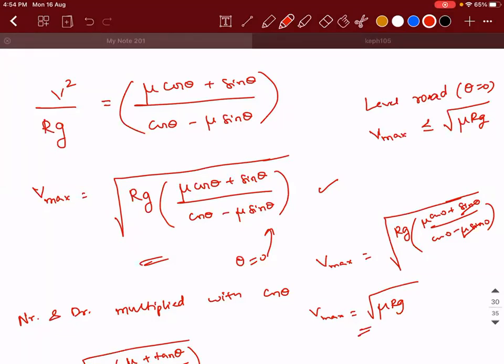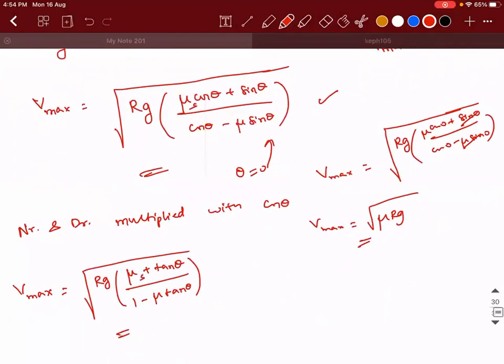Sir, I previously asked you about what is mu, and at that time you told me it was something related to static friction, right? So what does static friction mean, and what is the other type of friction? See, why we talk about static friction is because static friction will give you the limiting value. I hope you remember what the limiting value is. It is the maximum static friction before which an object will be at complete rest. So before the object starts going into motion, whatever is the value of maximum static friction, that is called the limiting value. And that is the reason why we take static friction into consideration.